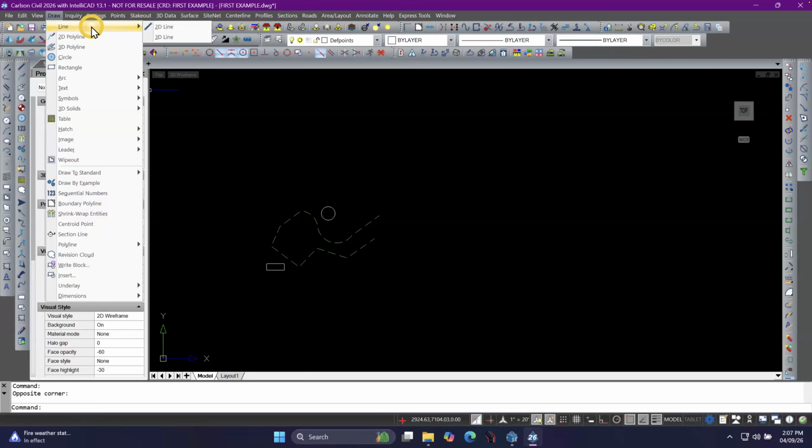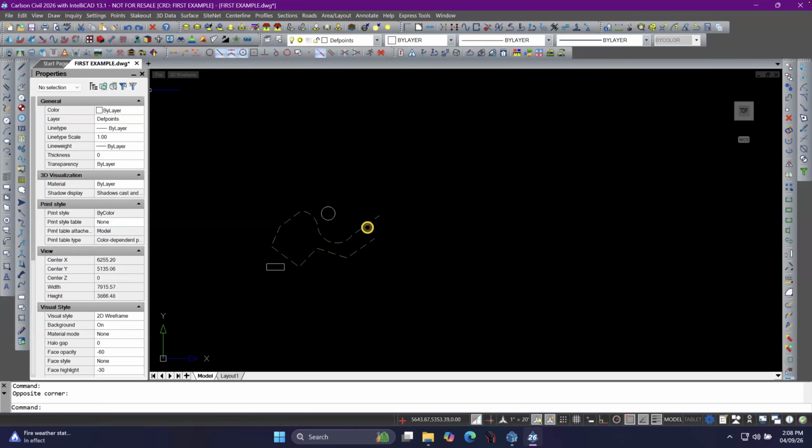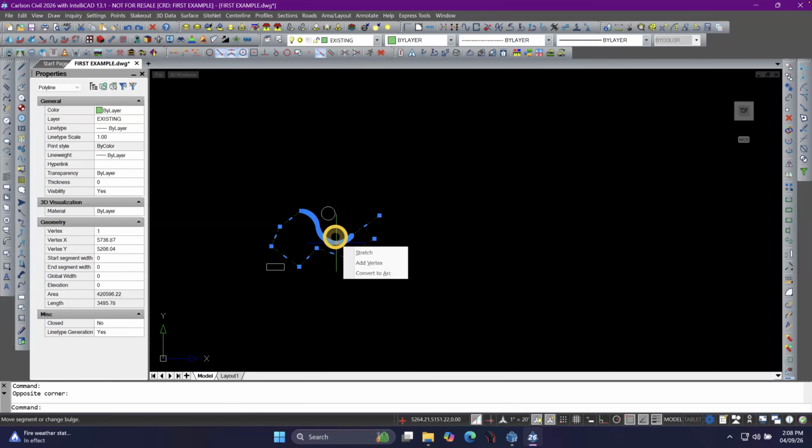But you can have a point, you can have a line, and you can have a circle or an ellipse, which is really, a circle is just an ellipse where both axes are the same length. And those are the basic things that you can have in your drawing: a point, a line, and a circle or ellipse. Now, what you do, if I click on that particular item,